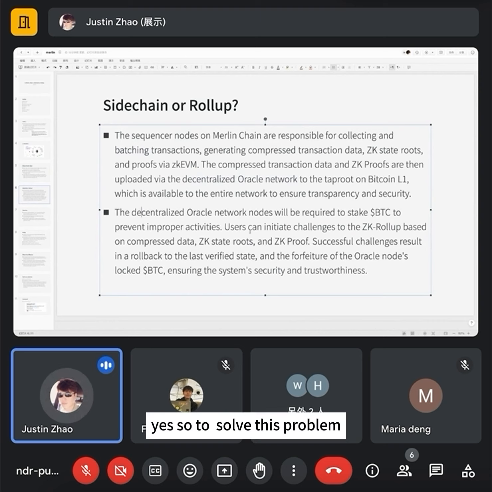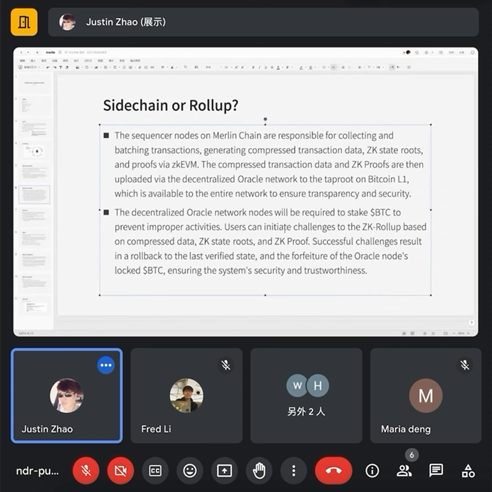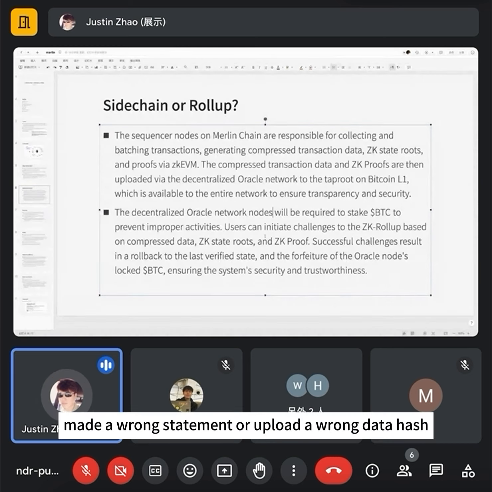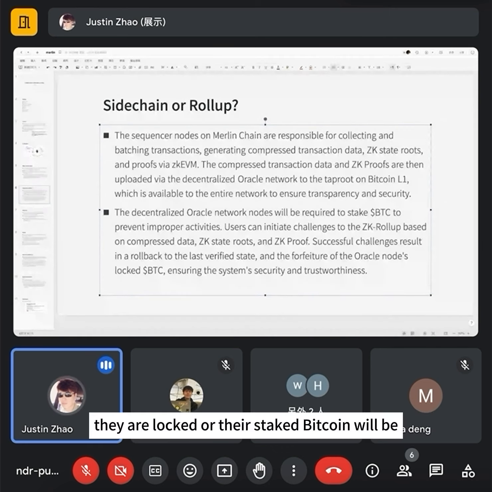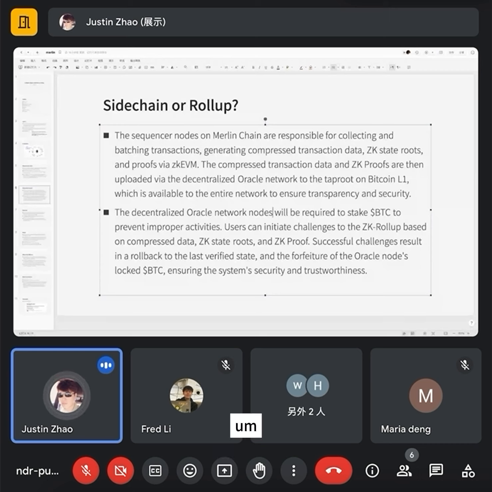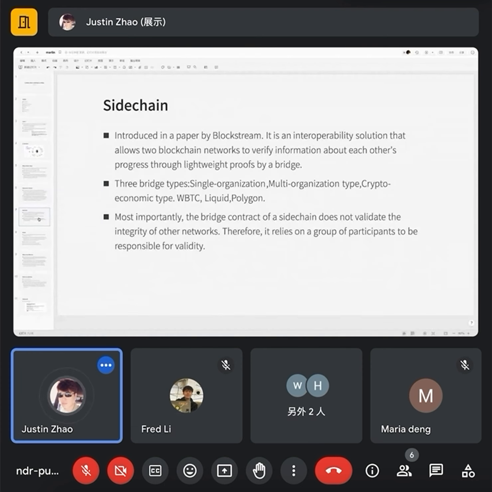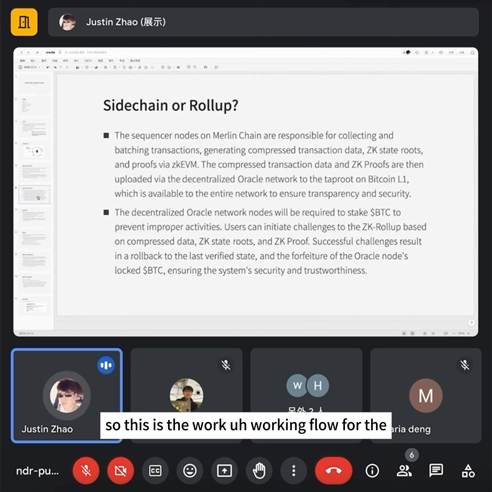So to solve this problem, all of the Oracle network nodes need to stake Bitcoin to prevent improper activity. If they make a wrong statement or upload a wrong data hash, their staked Bitcoin will be forfeited to ensure the system security and trustworthiness. So this is the working flow for the